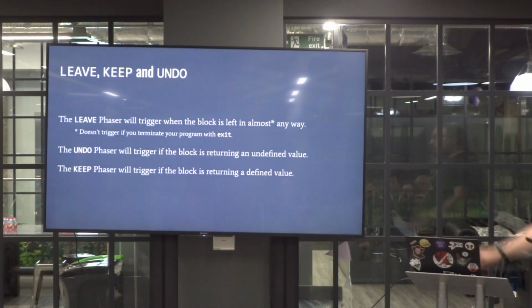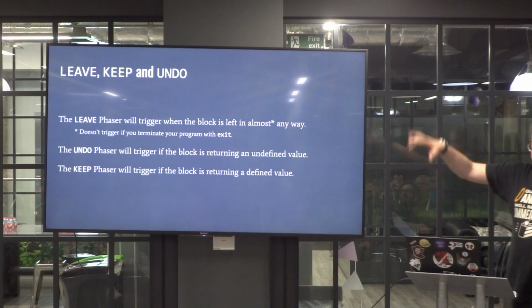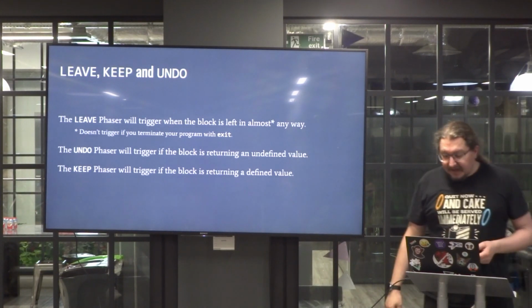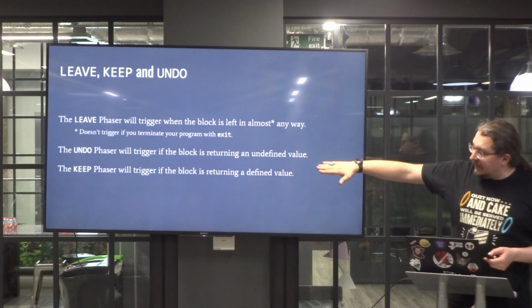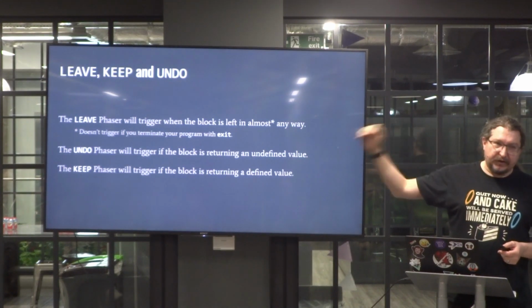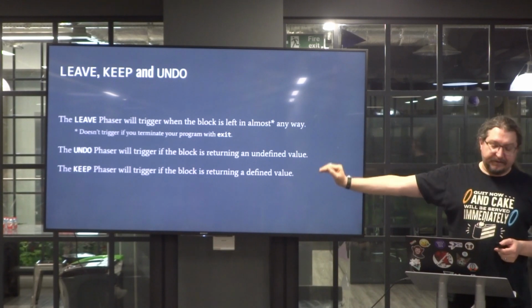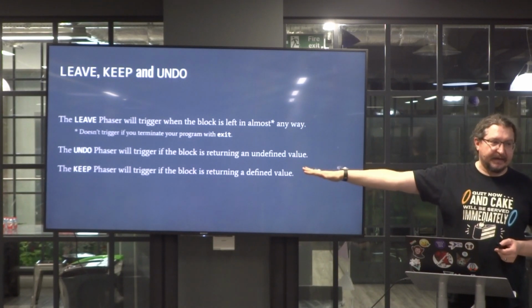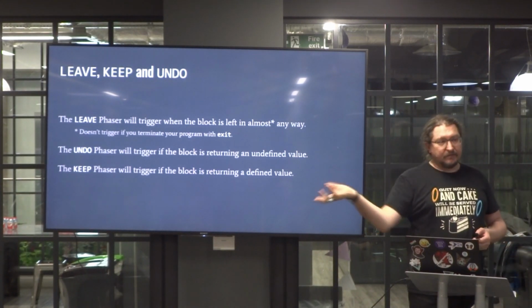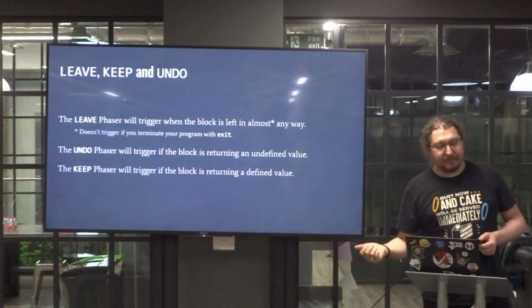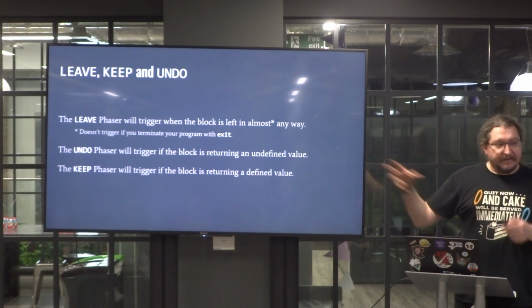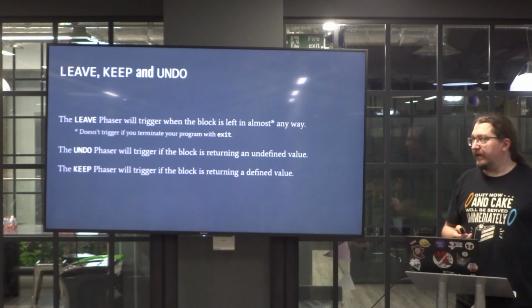So a bit more detail on the leave, keep, and undo phases. The undo and keep, if you throw an exception, won't happen. If your block returns undefined, then the undo phaser happens. If your block returns a defined value, then the keep phaser happens. And again, it just allows you to occasionally play around with